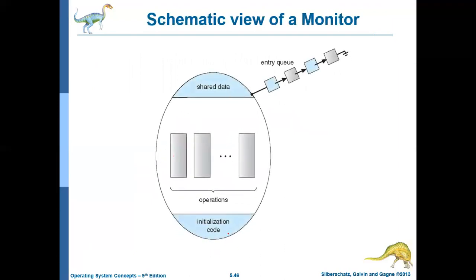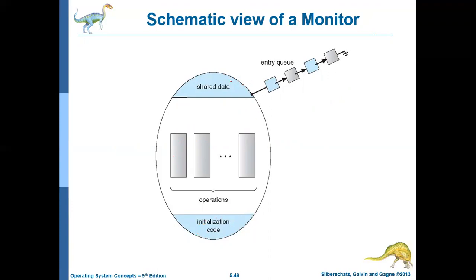This oval you can consider as the monitor, and it contains shared data and a set of operations called procedures. Like how in Java a class contains variables, this is shared data, that is variables, and inside a class you will have methods. Here they are called operations or procedures, and then there will be some initialization code.